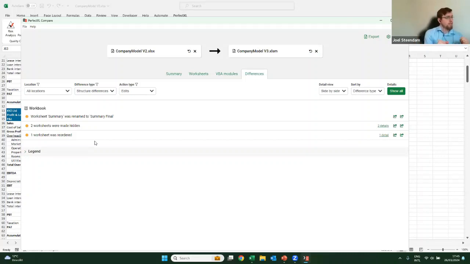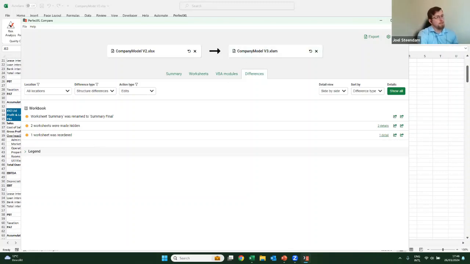But also things like row inserts. We ran some tests with Microsoft's own comparison tool. If you insert a row in a complex spreadsheet, it could result in tens or hundreds of thousands of changes as all the cells under it shift and all the references to those cells under it shift as well. When in most cases, the changes are fairly innocuous in the sense that it's not actually causing any issues and the end user didn't actually change those references, right? So we try to really zoom in on what an end user is actually doing. And with things like row or column inserts, those shifts are recorded from this compare tool perspective. So I think